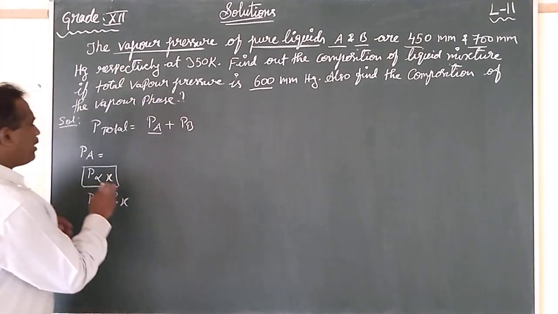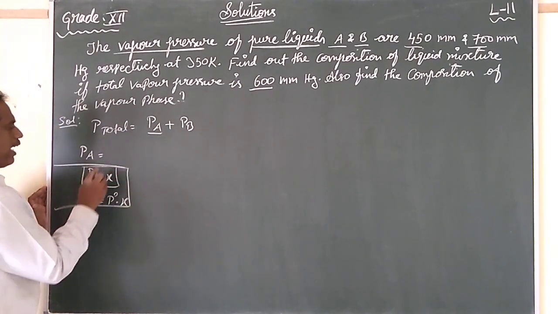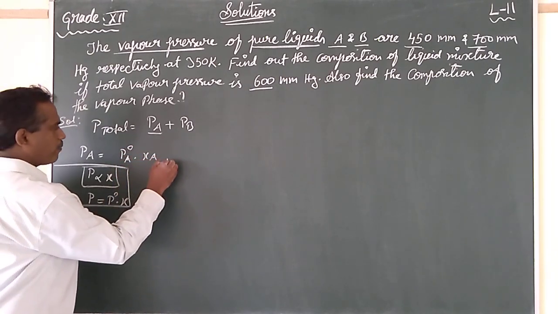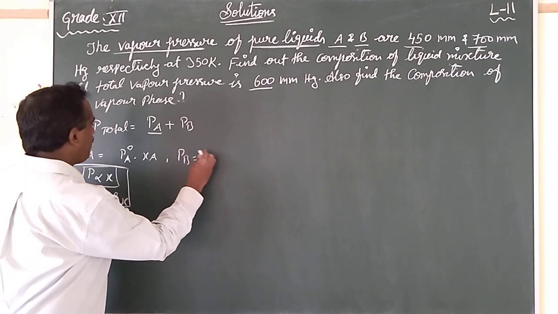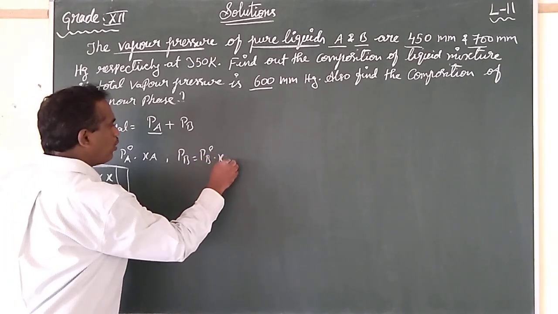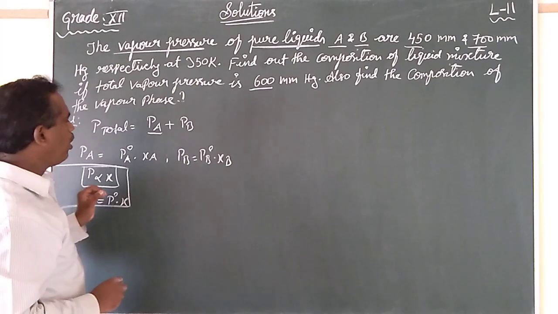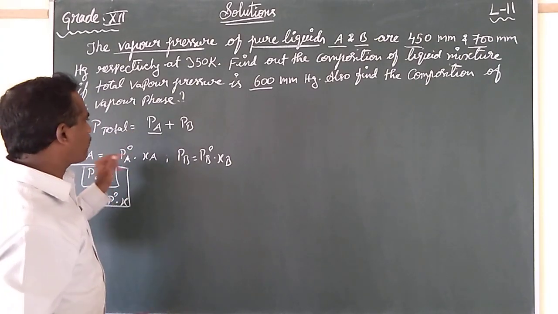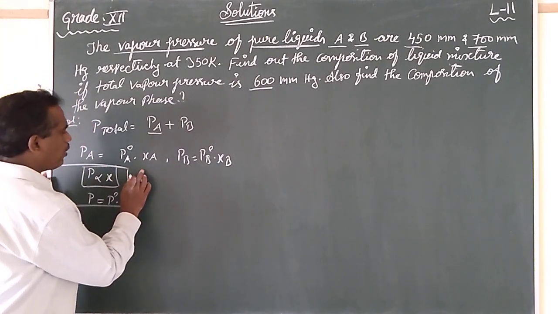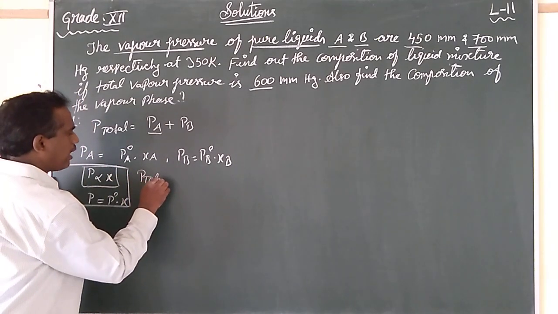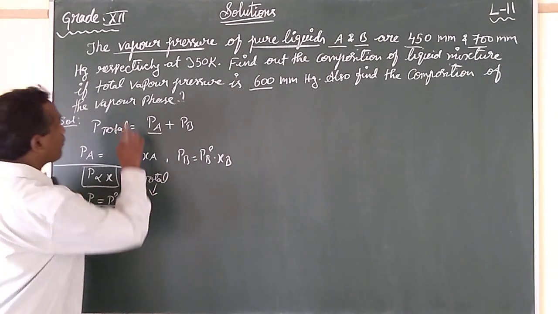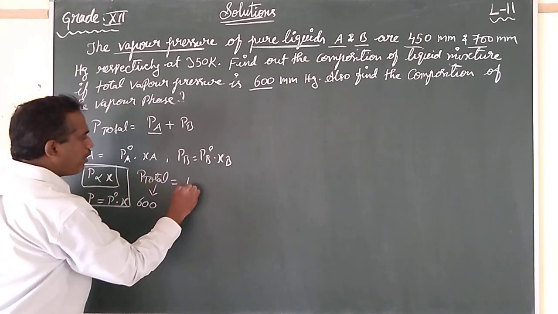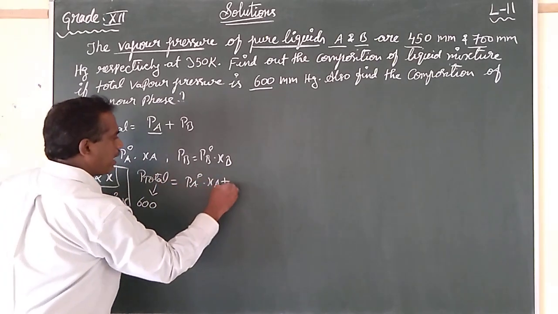Based on these formulas, we derive PA is equal to PA naught into XA, and PB is equal to PB naught into XB. So first our task is to apply these two values into the formulas. Once we apply the values, what do we know? What is the value of P total given? P total is given as 600 millimeters of mercury. We know PA naught into XA plus